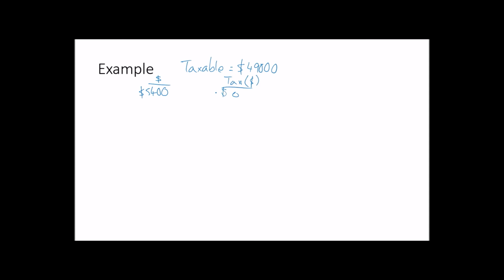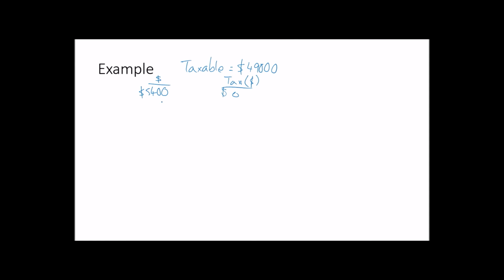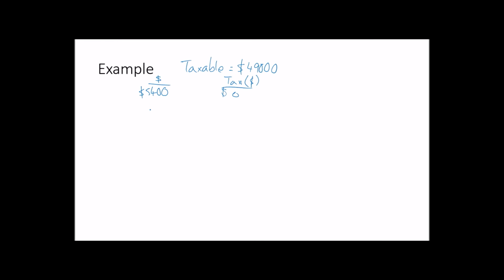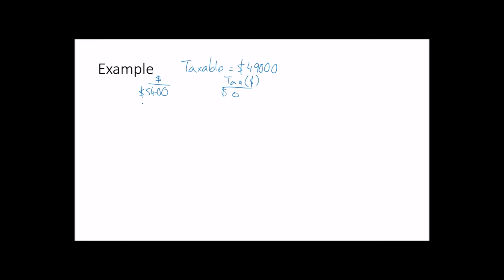Then when we look back at our table, what we see is that up to $20,700 we're paying 20 cents in the dollar. We know that this guy's earning over that, so what we've got to think about is how many dollars he is paying 20 cents in the dollar on. $20,700 minus $5,400 is $14,700. No, it isn't. That's embarrassing. $15,300, sorry. $15,300 that he's paying 20 cents in the dollar on.